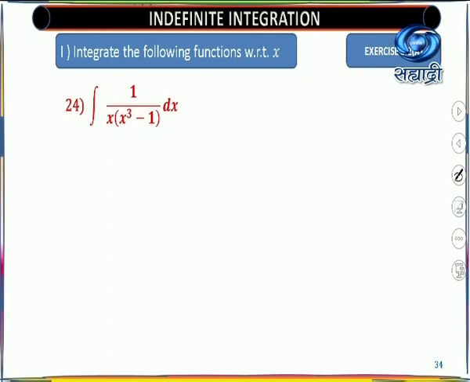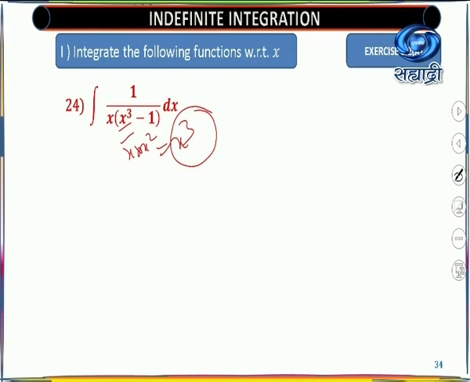So we have to multiply and divide by x square. There is no harm in multiplying and dividing because x into x square gives you again x cube, and you know the value by the substitution of x cube immediately. So what is our procedure here?